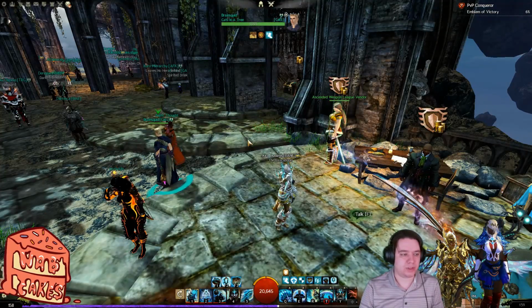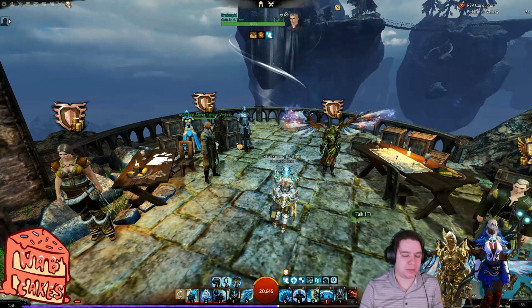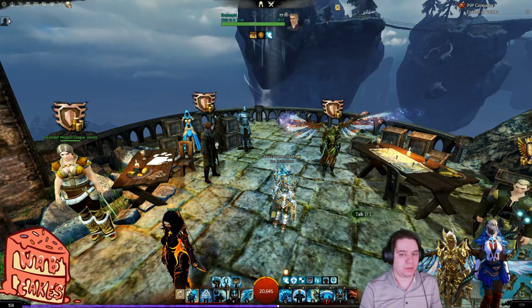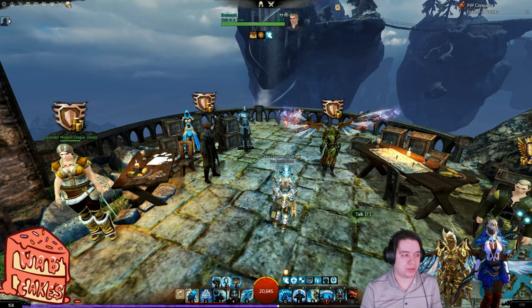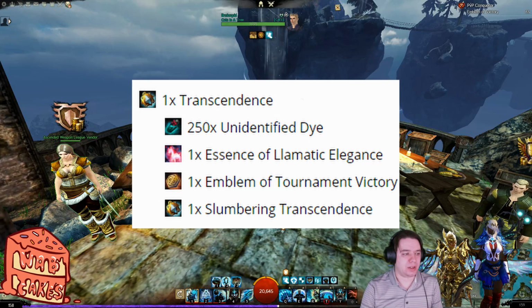So without any further ado, let's go ahead and actually look at the crafting list, even though I'm not going to be crafting it today. Just that way you kind of know what you're getting into. The final shiny version, you're going to need a stack of 250 unidentified dye, and the essence of Elegance. I'm going to pick this up from the